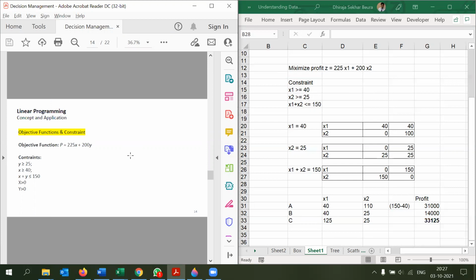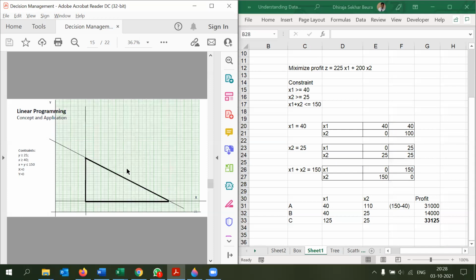I'm telling you, the graphical method is one of the simplest methods of solving LPP. There is another method called the simplex method, which is one of the most complicated. That takes around 1 to 1.5 hours per question to solve. But that has its own beauty. That is not in our course. The graphical method is one of the simplest ones. If you practice at least 2-3 questions, it is very less time consuming. This process is new to you, so you might be getting familiar with it now.